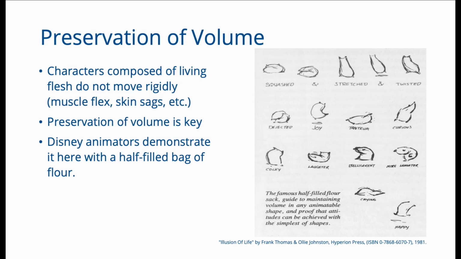So let us dive right into these principles. The first principle is the preservation of volume. Remember that these were artists who were drawing on paper, and they were trying to draw living, moving creatures or objects or characters. Now, living beings are composed of flesh and muscle and skin and so on, and therefore their bodies have volumes. This volume has to be preserved if your movement has to look physically plausible. It may be exaggerated, but it still has to look physically plausible.